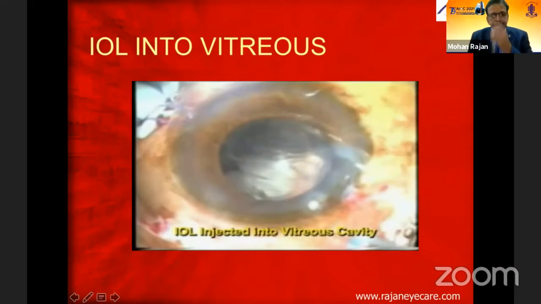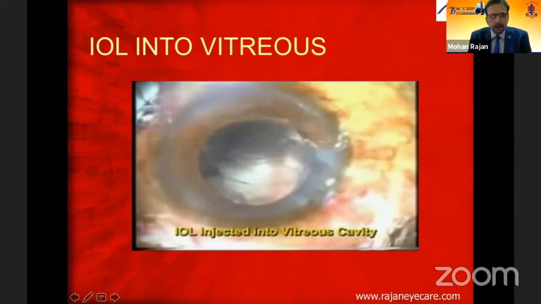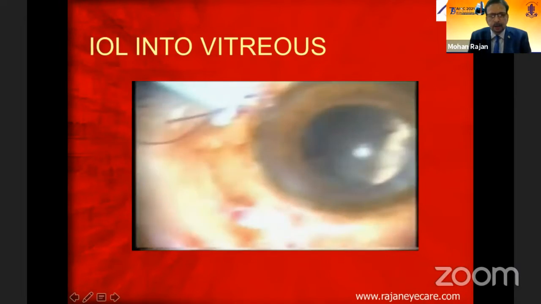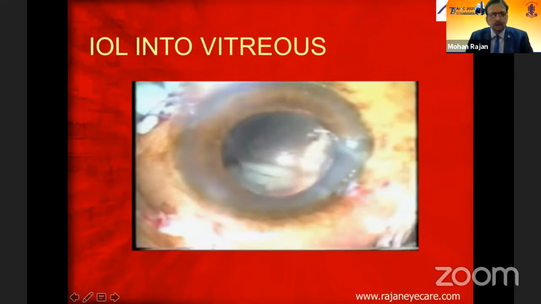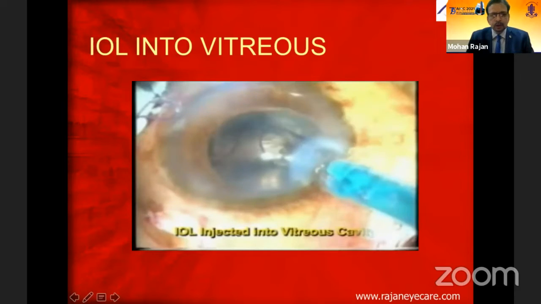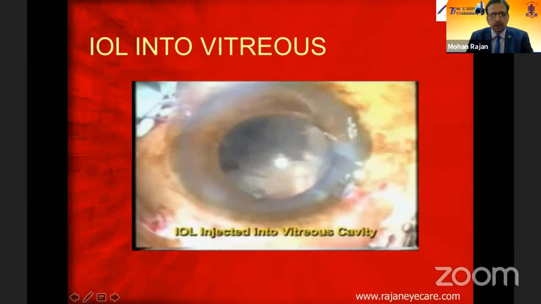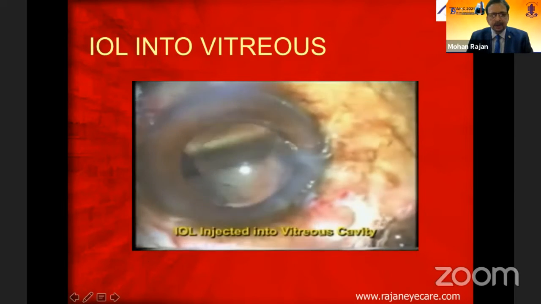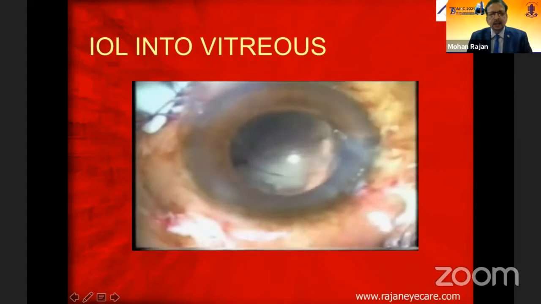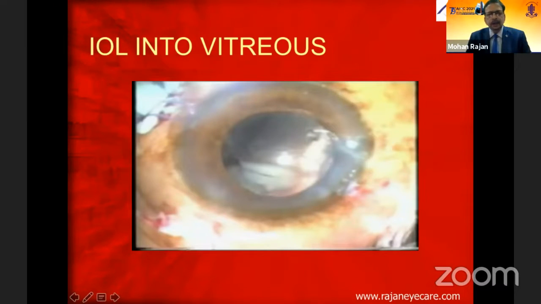You can see in this patient the lens has gone through, because of the shooters. You have to be very careful with the shooters. I'll show this video again. When you do the push technique with the shooters, there's a possibility of the lens rupturing the PC and going into the vitreous cavity, and that's what has happened. You can see the lens dancing in the vitreous cavity as well.